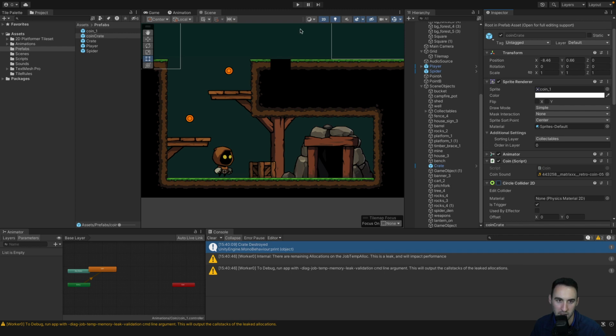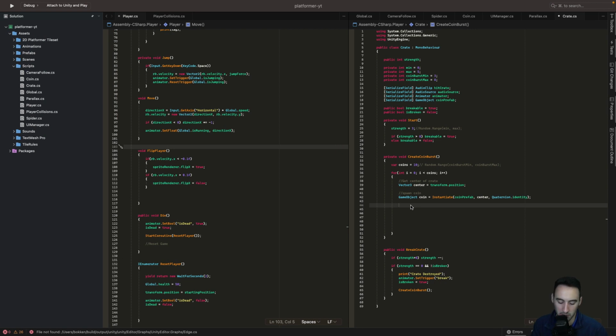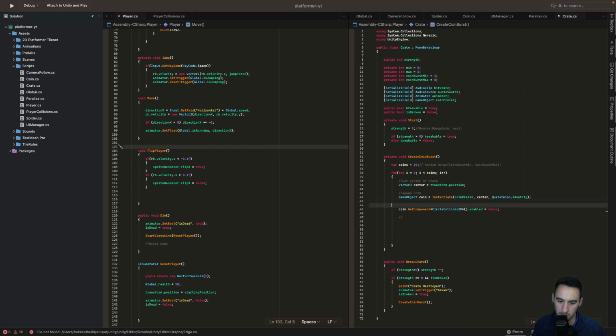Yeah, so we'll say, actually no, we'll do it in the code. So let's go say, what's it going to be? It's going to be on the coin. So get the coin dot get component. This is going to be the, what is it? Is it a circle collider 2D? And then we are going to say dot enabled, and that's going to be equal to false. And then after that, let's just write here, disable coin